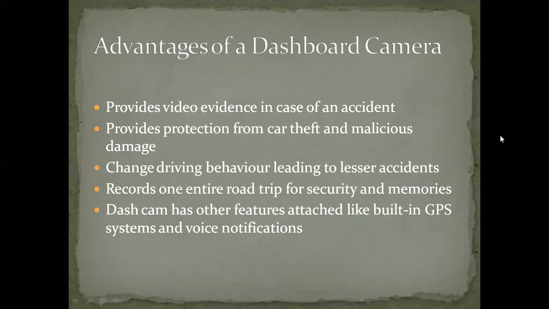Coming on to the topic of the dashboard camera, in short known as dash cams. A dash cam is a recording device that provides clear visual evidence in the case of insurance disputes or false accusations after an unfortunate incident. A quality dash cam is a good investment in both safety and peace of mind. It is a surveillance-oriented video recorder that is mounted on a vehicle windscreen facing out to the road. It records the events going on around your car onto a micro SD card and stores video evidence should incidents occur involving you.